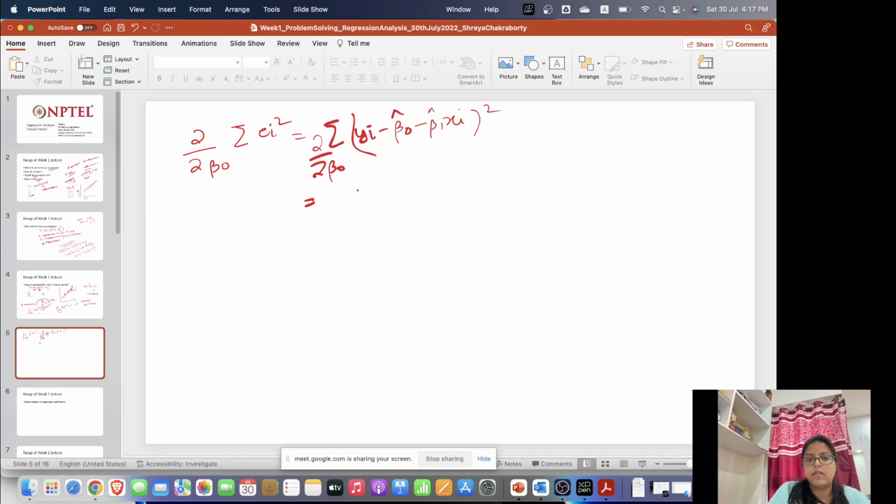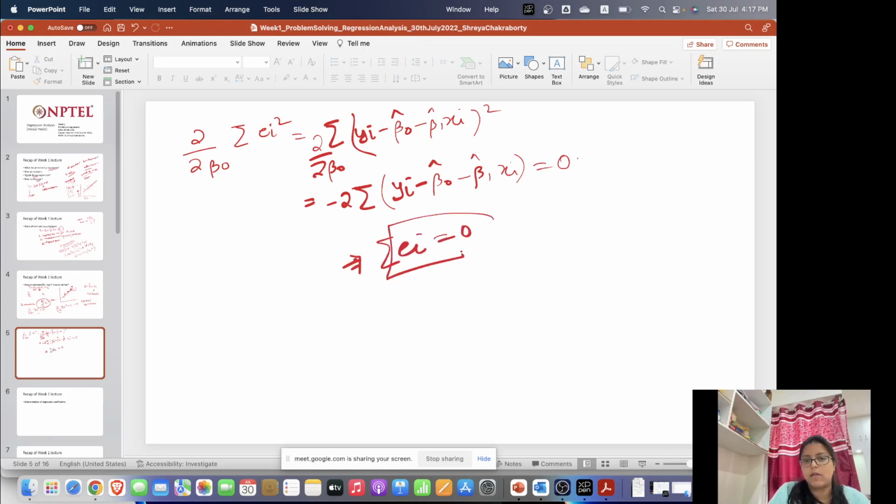So then we got minus 2, and we are equating it to 0. So this means summation ei equals 0. This is one of the normal equations, and the second normal equation is